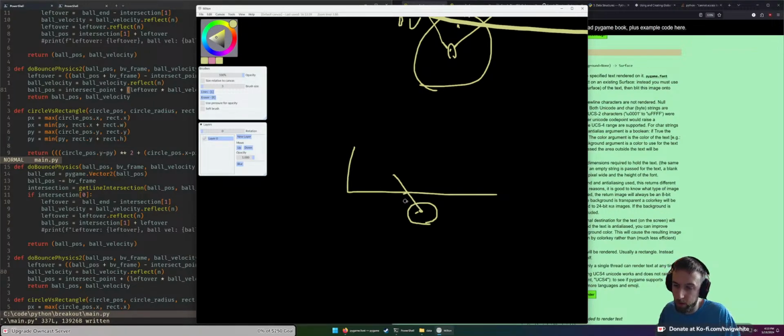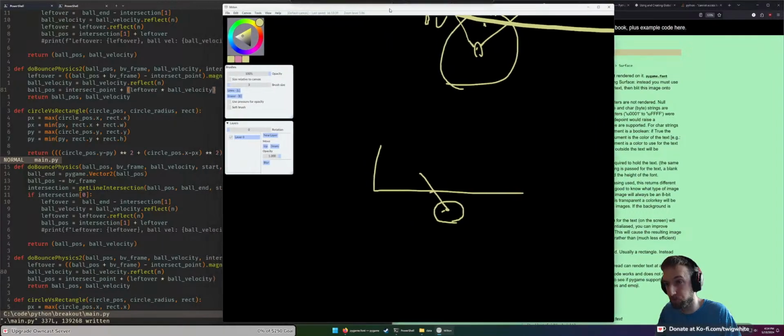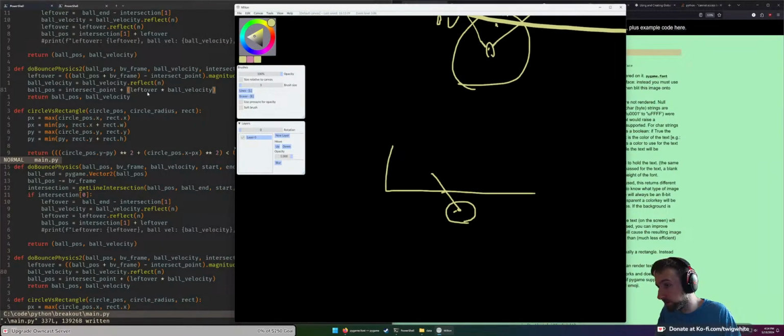I don't know where or why I think I took a break or something, because I remember saying that we needed to project this. We needed to do it like this, and for whatever reason that got lost in translation, and it ended up just being calculate this vector and then just add the intersection point with the leftover amount, which is not correct. We wanted the distance of